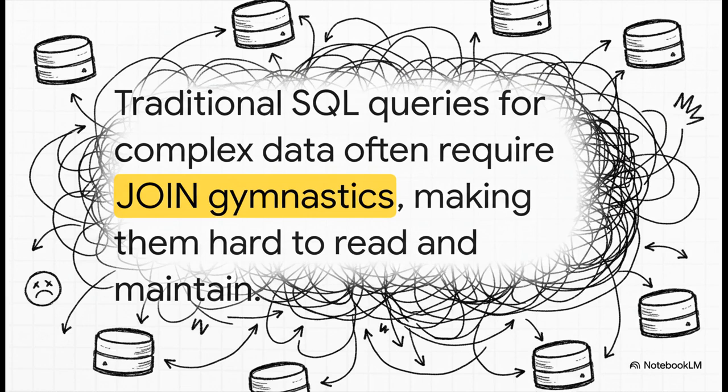Come on, you know what I'm talking about. You just want to get, say, a list of movies with their directors and maybe each director's top 3 actors. In SQL, suddenly you're juggling like 4, 5, 6 joins. Your query becomes this monster that's impossible to read, a nightmare to debug, and even worse to change later. Sure, it's powerful, but man, it is not pretty.